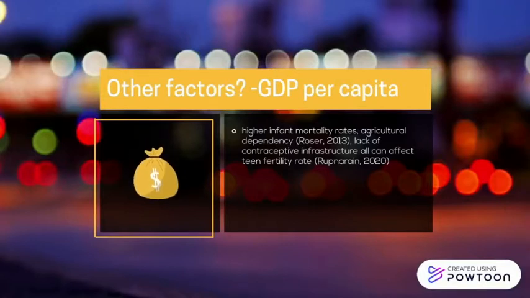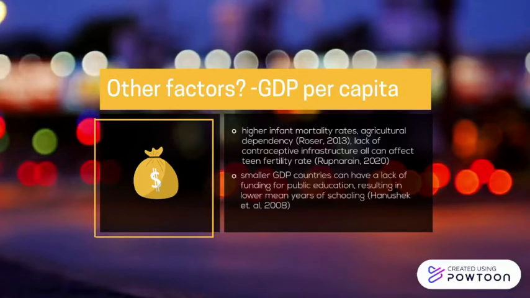It can also affect how dependent countries are on agriculture, as countries with a low GDP will lack the infrastructure to develop other industries. This is especially seen with the outliers we saw earlier in the one variable statistics, with Mali, Democratic Republic of the Congo, and Niger making up 35 to 40% of their GDP. Historically, countries that rely on agriculture have large families, meaning women need to start having children early in life. In addition, these countries also may lack contraceptive infrastructure due to less funding, and these countries will also lack the funding for public education, resulting in a lower mean years of schooling in total.